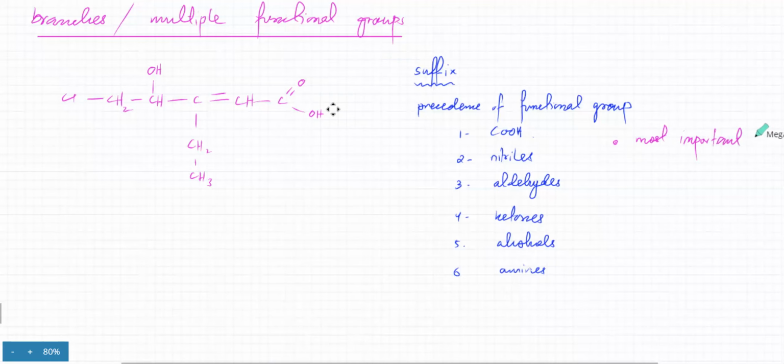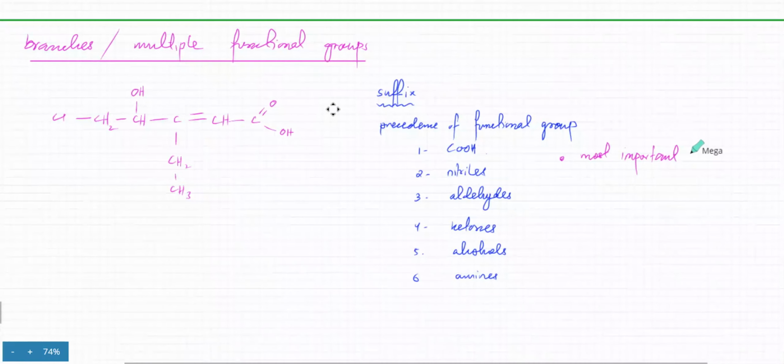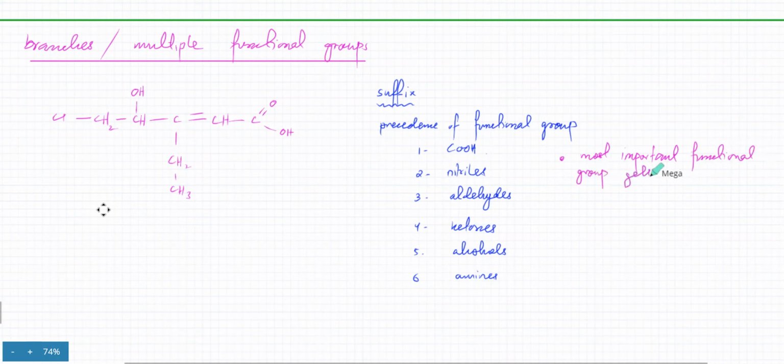This was what I was talking about, TK, that when you're counting, from which side would you start counting, TK? So you're not going to look at all the other groups. You're not even going to give them any importance, TK. You're going to give the importance to the most important functional group. So the most important functional group gets the smallest number. Rida, is this clear? Hiba, is this clear? Acha,